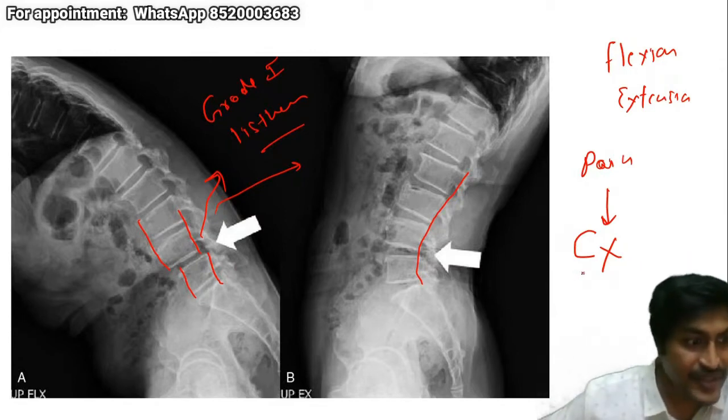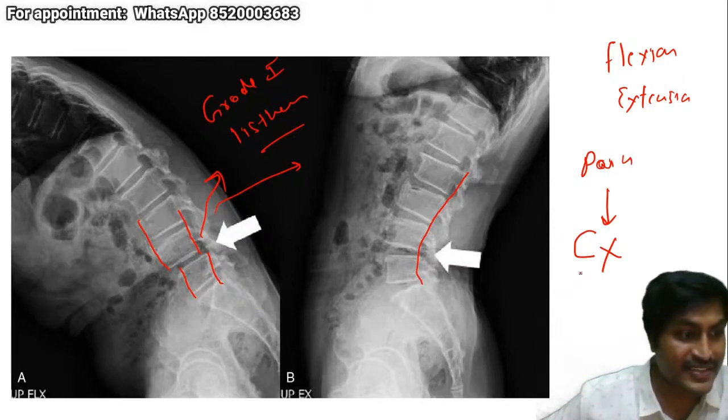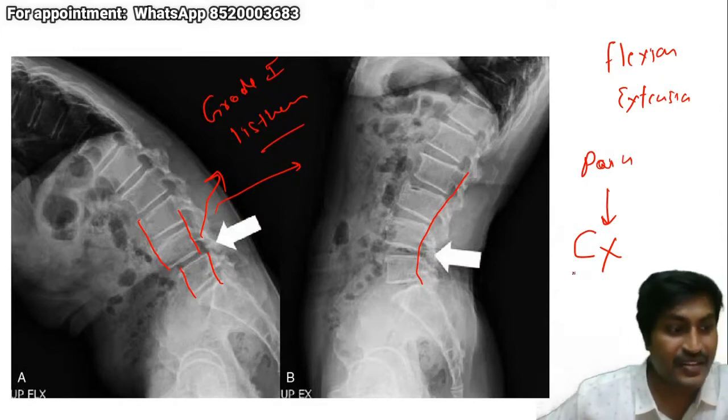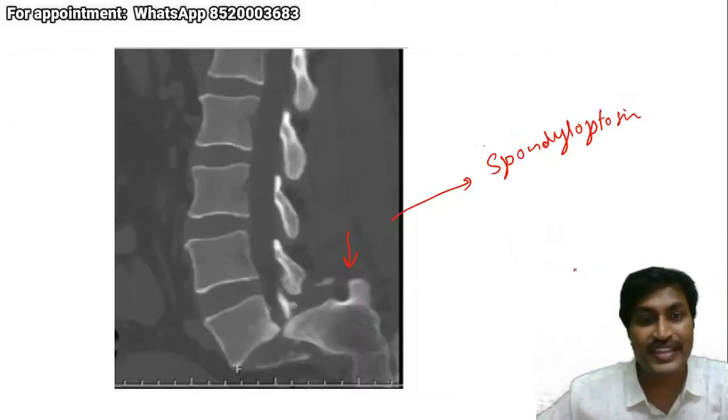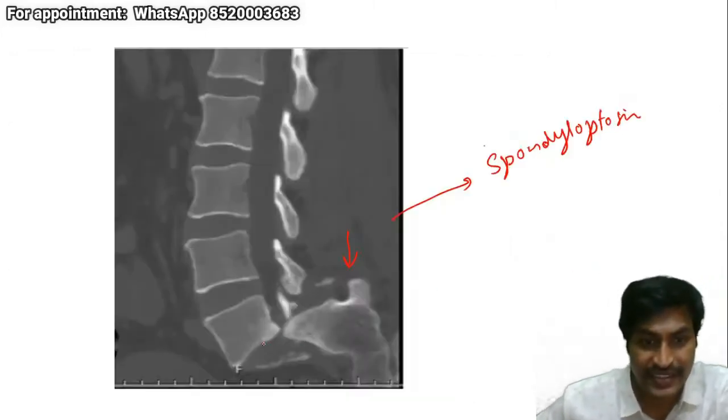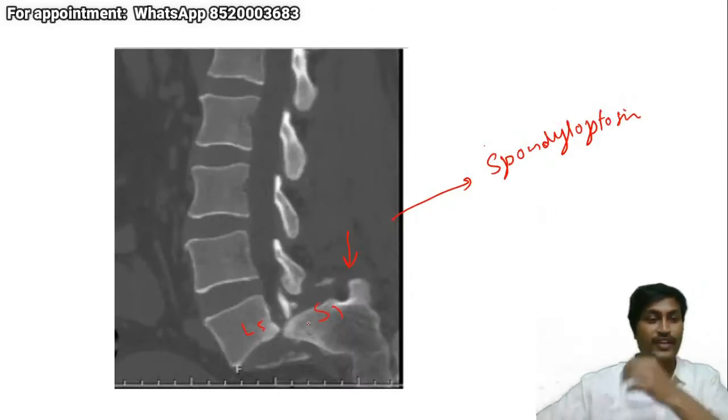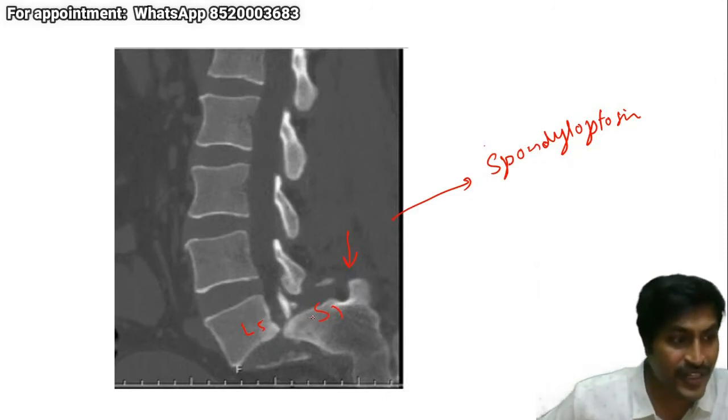Yes, the majority of you have answered it right. Spondyloptosis grade 5. Someone has said grade 4 spondylolisthesis, Dr. Purnima. But you can see in this X-ray there is completely no contact between L5 and S1. So this classifies as grade 5 spondyloptosis and not spondylolisthesis.